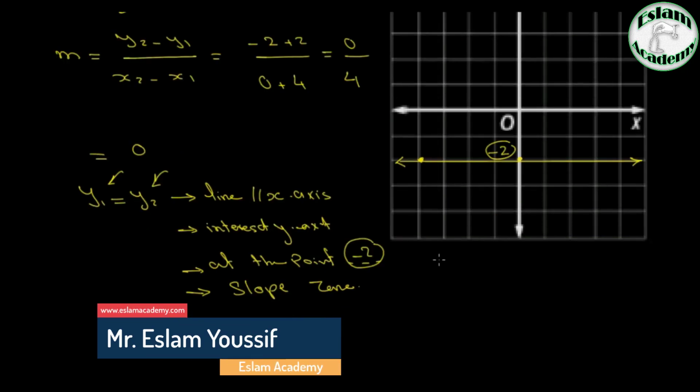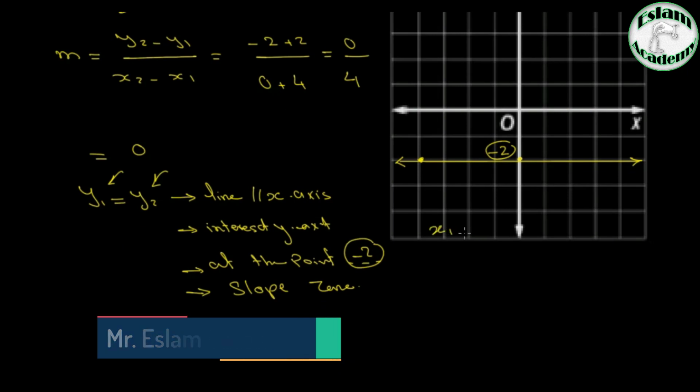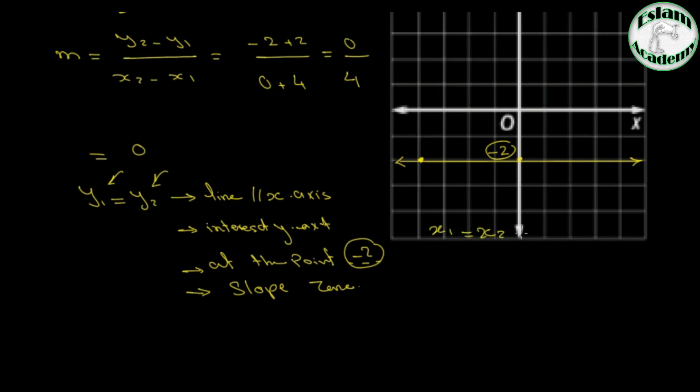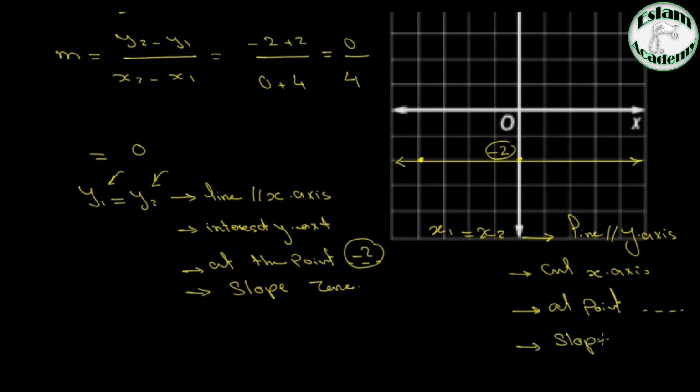We can check the same for x. If you find that x1 is equal to x2, you will find that the line is parallel to the y-axis. Because the line is parallel to the y-axis, it will intersect the x-axis at the point which is the value of x1 or x2, and you will find that the slope will be